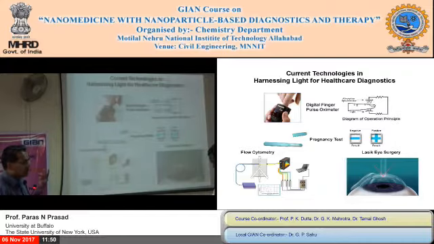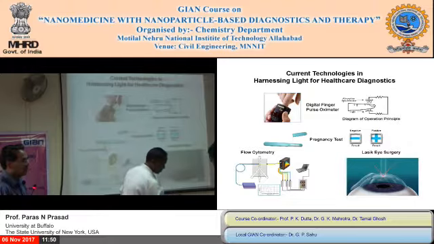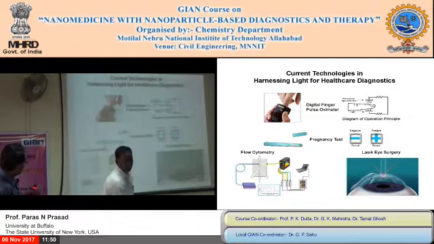Eye vision correction is a very important one. You can go and do laser surgery to correct your vision. Or there are other treatments, like for retinal detachment and macular degeneration, that light can do. So light is in the marketplace, and what we are trying to do is expand it